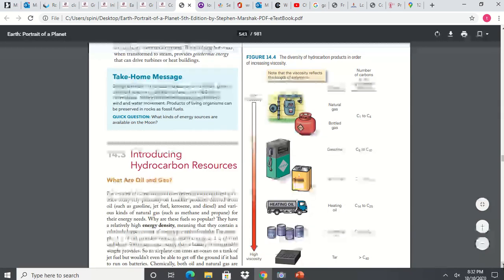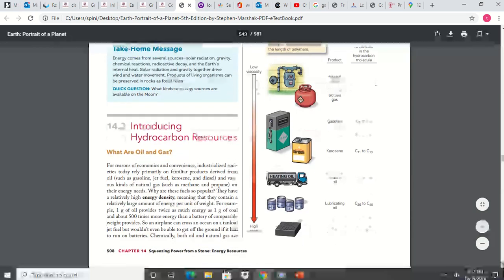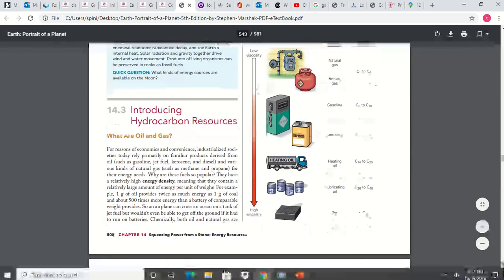We talk about these different forms of hydrocarbons in terms of energy density. So how much energy can I get from a certain amount of material? And there you see a chart looking at energy density. Starting at the top, we have things like natural gas and bottled gas, like LP gas, that you use in some of your gas grills. So they would release the most amount of energy for the smallest amount of material. And then as we go down, we get less and less energy from more and more material until we get down to something called tar.